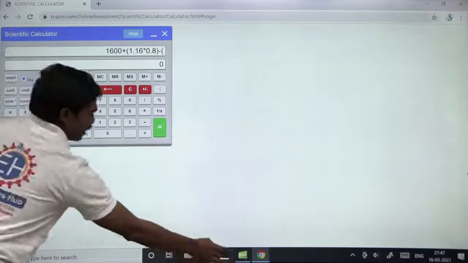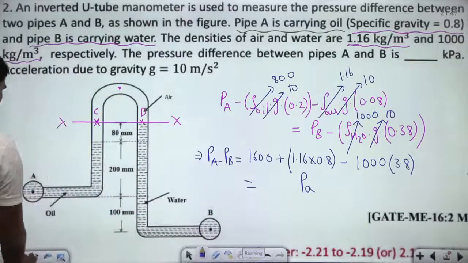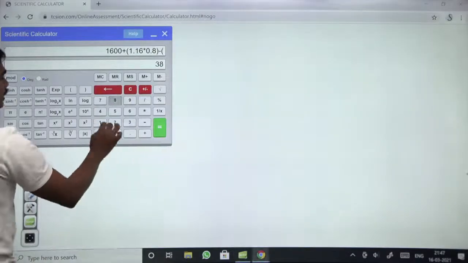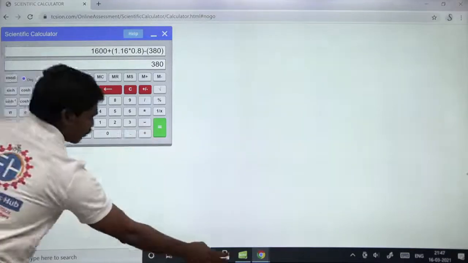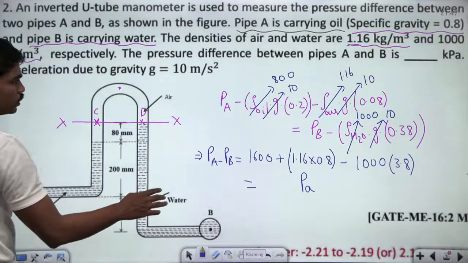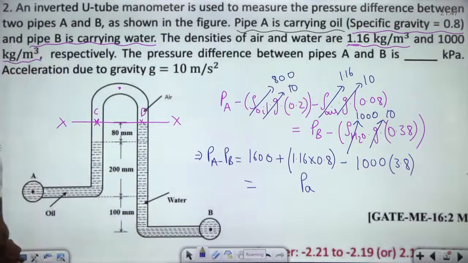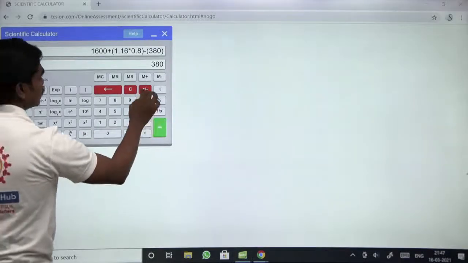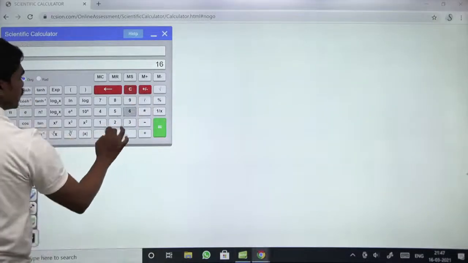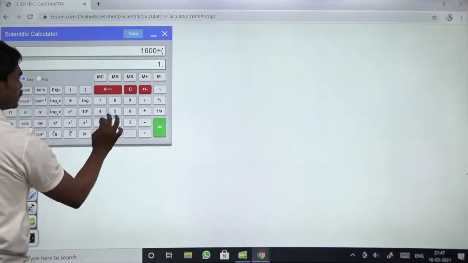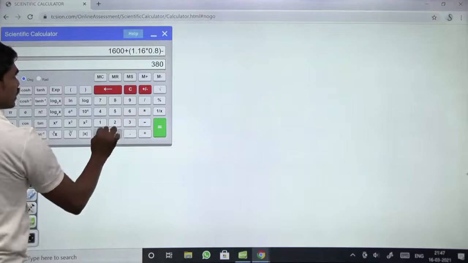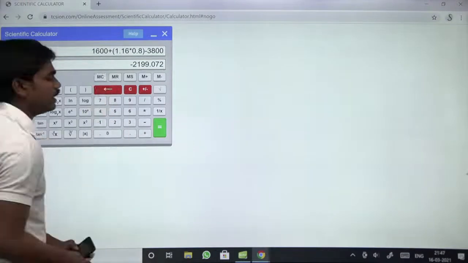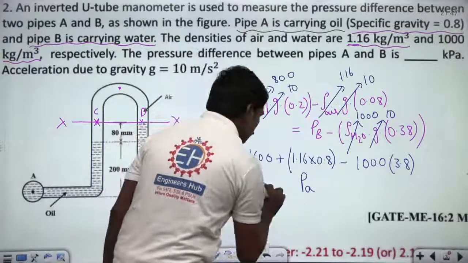Minus we have something, 1000 into 3.8. So that's nothing but 380, correct? Sorry, 1000 into 3.8, so 3800. Actually, this value is 3800, so let us cancel the earlier one. 1600 plus 1.16 into 0.8 minus 3800. If you calculate this, minus 2199.072,